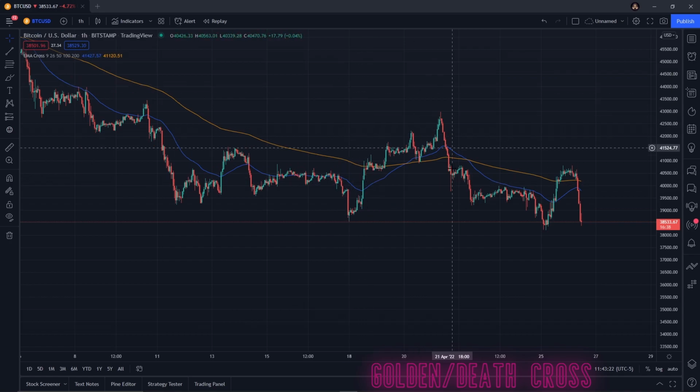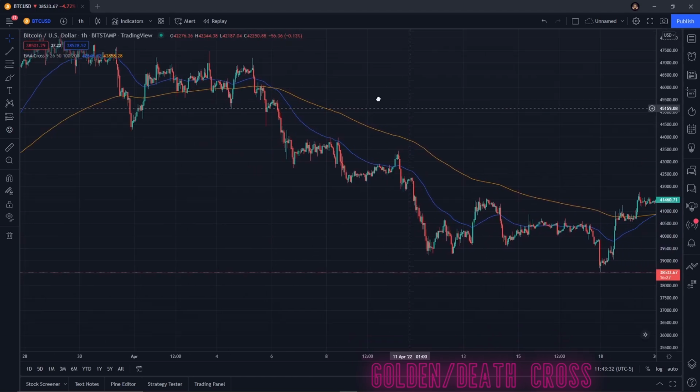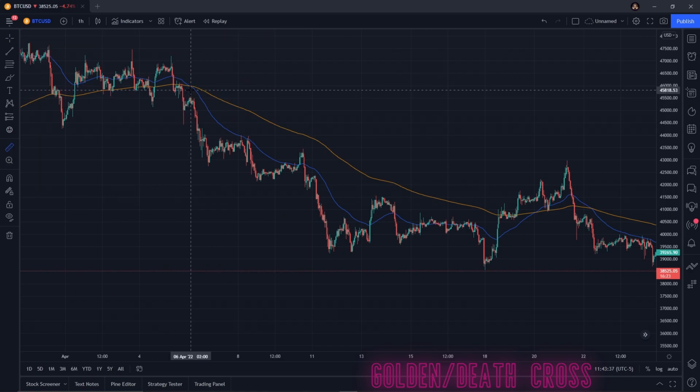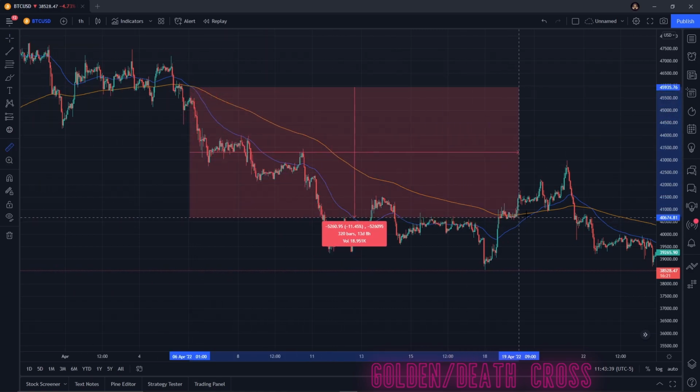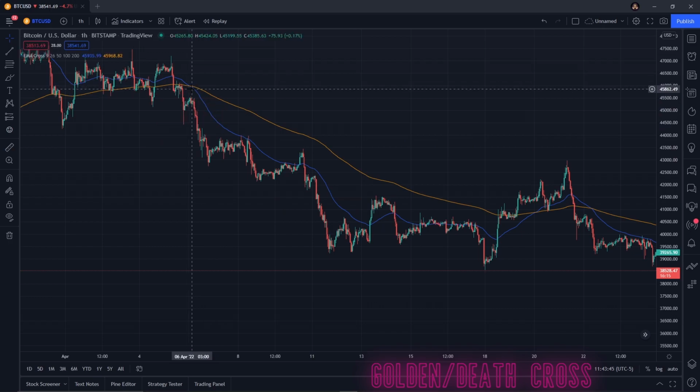So not all the time, as we can see here, this is a false signal where price comes up with the EMAs coming up and then it crosses back down. But as we can see here, this death cross was actually a very good indicator of long-term downward price movement, right? If we're looking at the death cross occurrence coming back to the golden cross, that time frame is 14 days. So this simple indicator right here projected that we would have some downwards movement, and as long as price